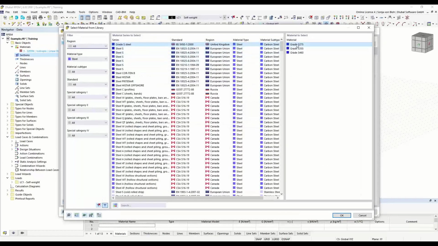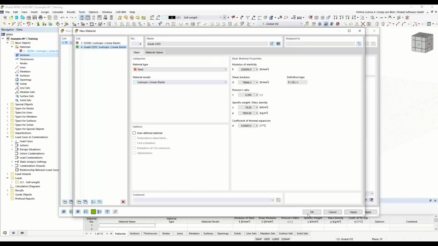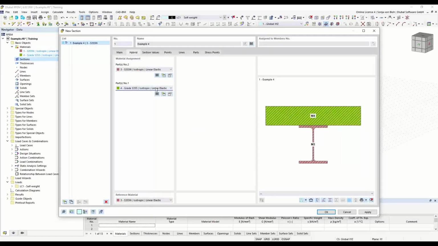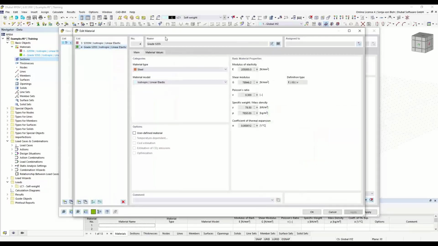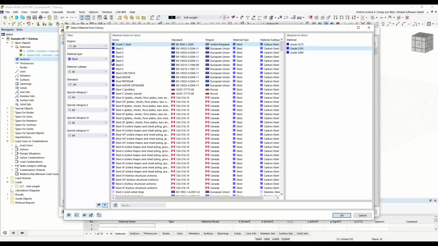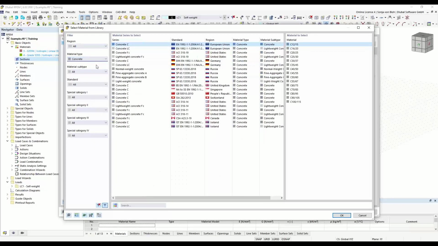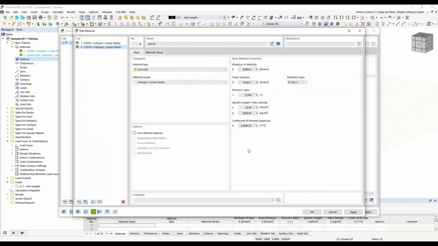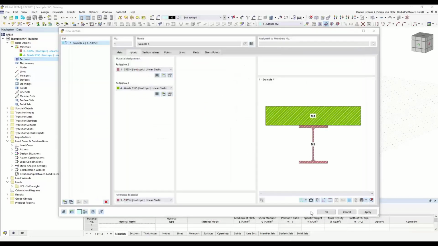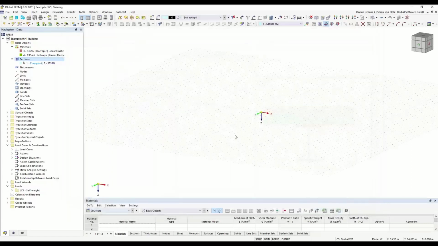And here, different material. Sorry, I have made a mistake. I choose here the concrete material. Okay. So you see, you can change it by your needs, and it's now possible to use this cross-section